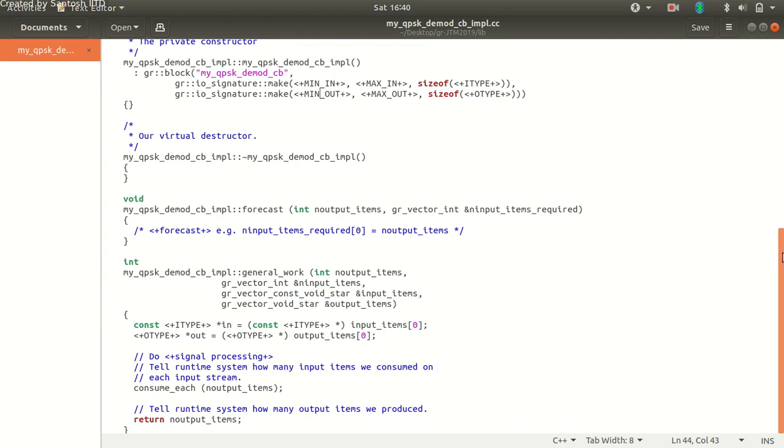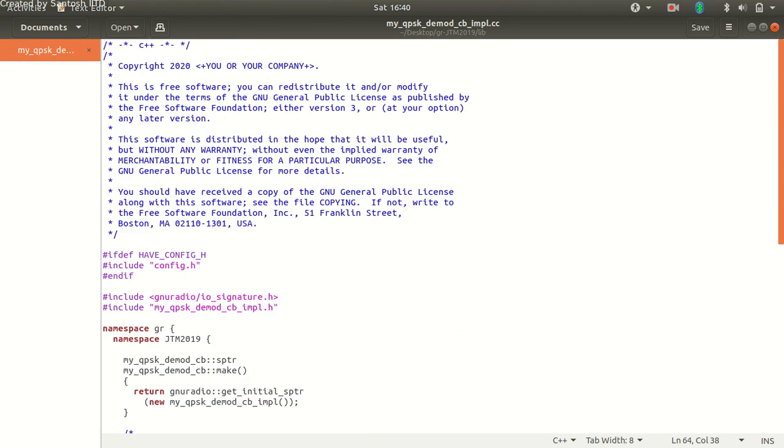If you're familiar with C++ programming, you know what a destructor does. Now forecast is like the number of inputs, you have to match with the number of outputs. So forecast is like what input you're giving, what output you want. That is the point. Now the other part is the general work block. This block is already created. So basically we have to bother about the main coding part. You have to integrate the input output statements given here, and you have to write the signal processing code over there. The signal processing code will go here, and you write whatever coding you want in that block. So this is a C++ file.